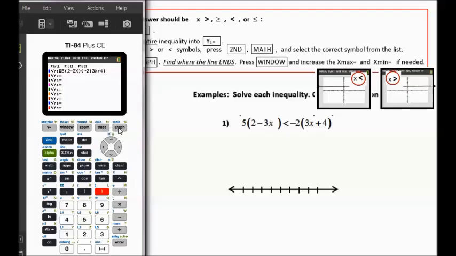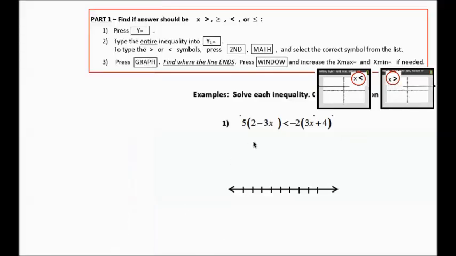Once you've done that, you hit graph, and you're going to watch how your plot starts, and here it's starting right here. It keeps going to the right. If you compare that to what your notes show you, if the graph starts at some point and then keeps going to the right, that means you're going to be writing a solution that starts with x is greater than. So we can go ahead and start writing that in our notes, x is greater than. Now we need to figure out what number goes here. To do that,